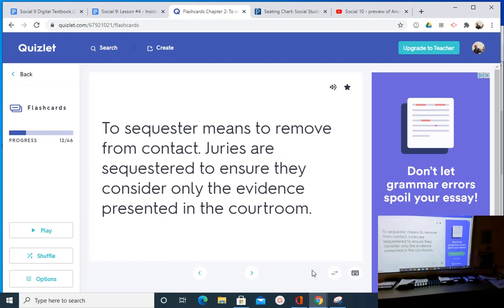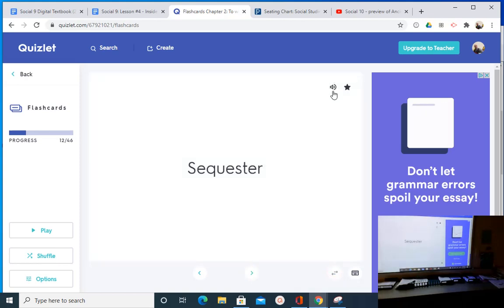So sometimes cases will become so public. How do you escape all of that discussion? Well, they may have to be sequestered, meaning that we're going to put you in a hotel, and when you're not in the courtroom, you're going to be in the hotel. It's like being in a bubble, like the NHL players, right? We're going to limit how much outside contact you have because we're fearful that people on the outside will try to sway your opinion about the case. Sequester.